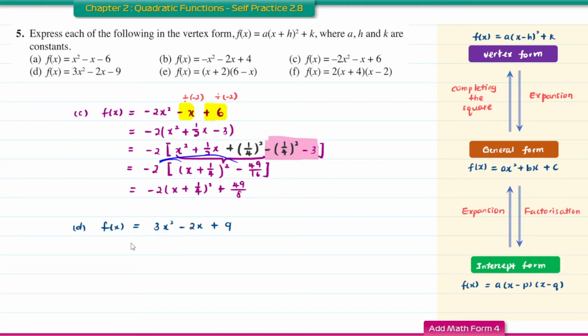Question D. So first, we're going to factorize this with the common factor of 3, so that the A is equal to 1. So these two here, you're going to divide by number 3. So here you're going to have negative 2 over 3x plus 3. So next,